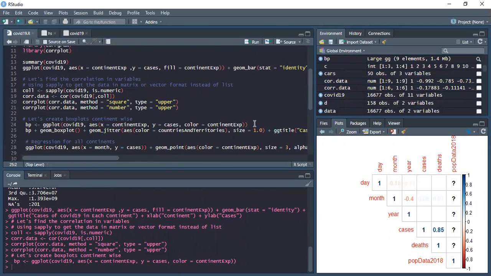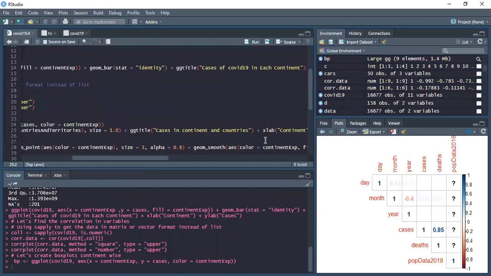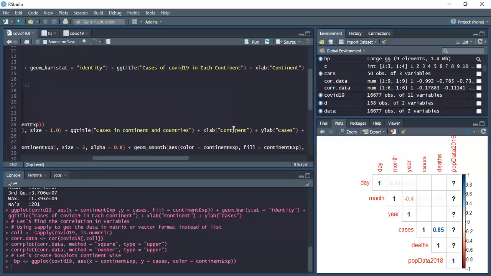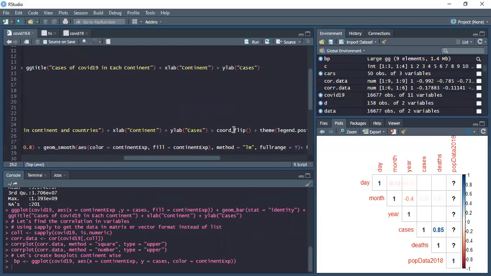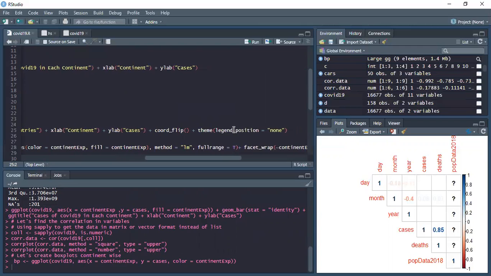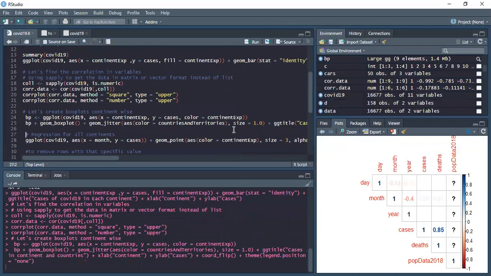After creating that data frame, we are going to use geom_boxplot with geom_jitter with aesthetic color countries and territories, the countries which are included in the data set, with the points in jitter format with size 1.0, giving title to the box plot with X label and Y label. Plus we are going to flip the coordinates for better visualization, with theme legend position to none to visualize it properly.